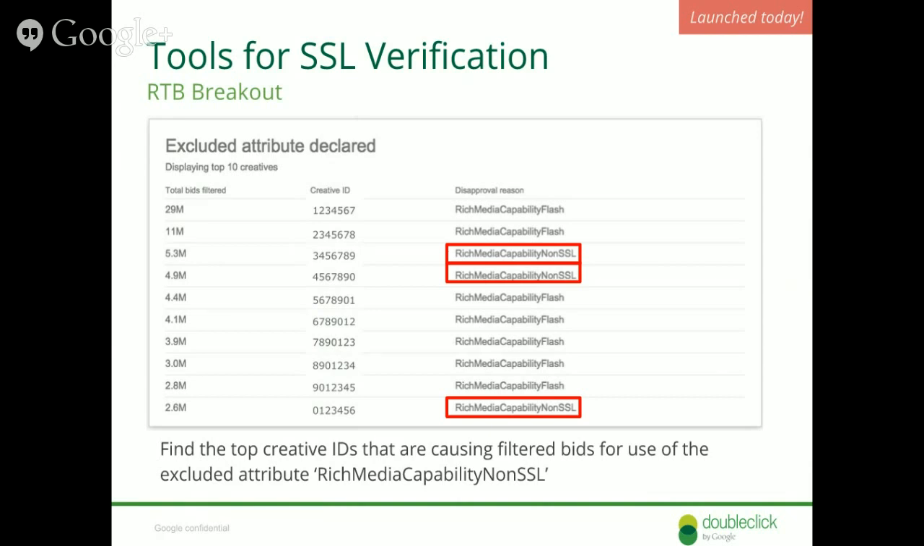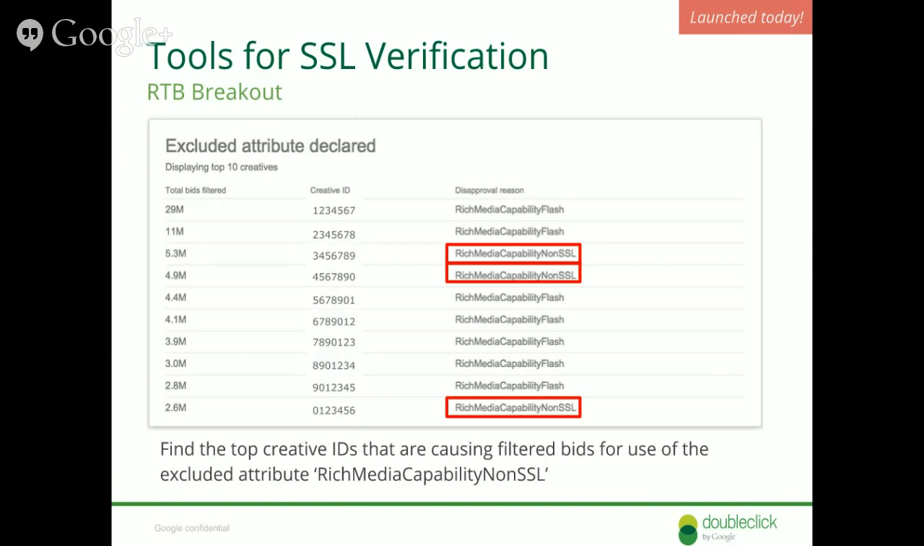And if you see any that have a disapproval reason, rich media capability non-SSL, those are the creative IDs where there is a non-SSL creative running on or trying to run on an SSL impression. So you'll just identify those within that window. Those are the top priority ones because those are the ones causing the most filtering,